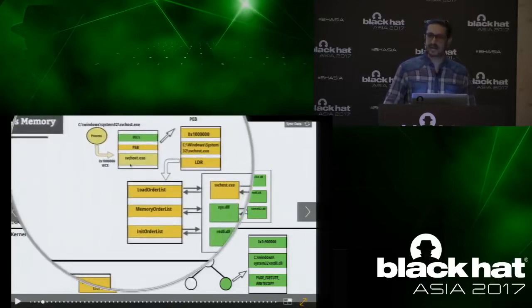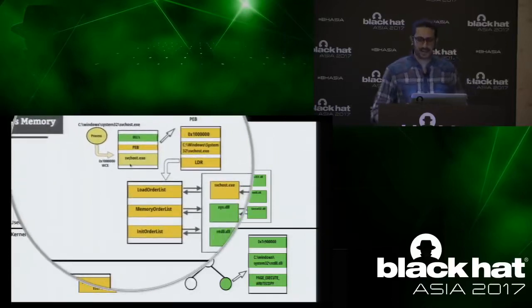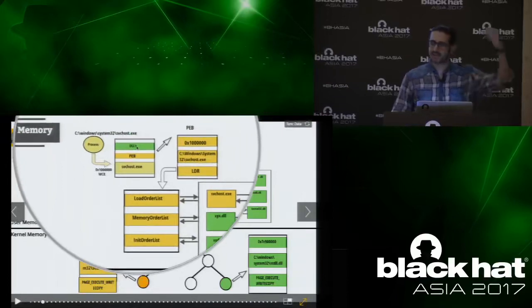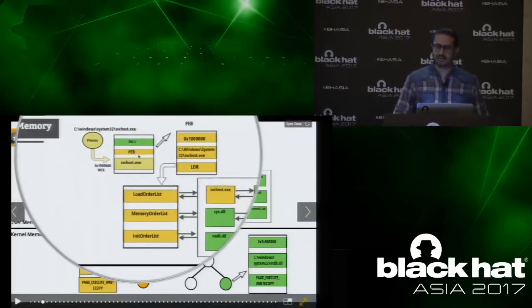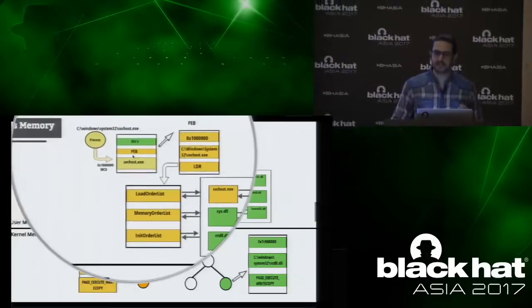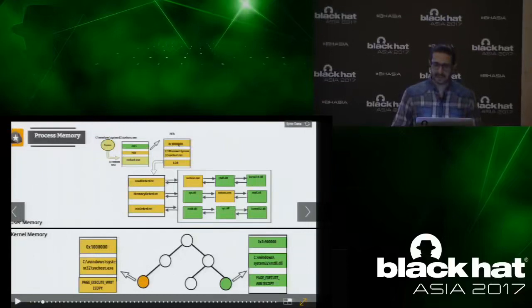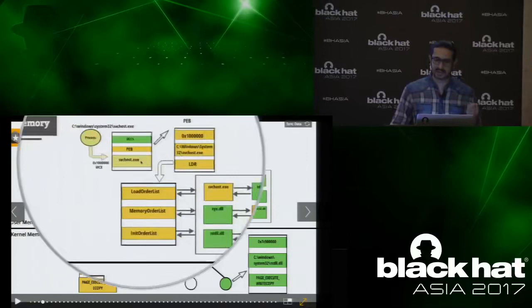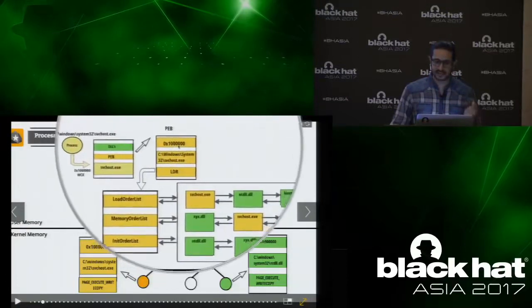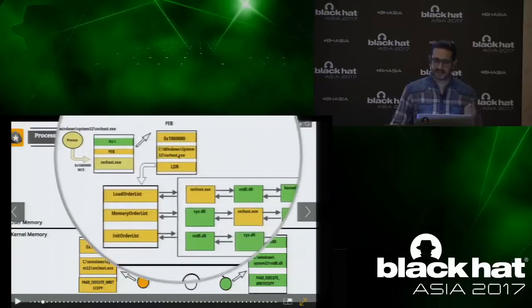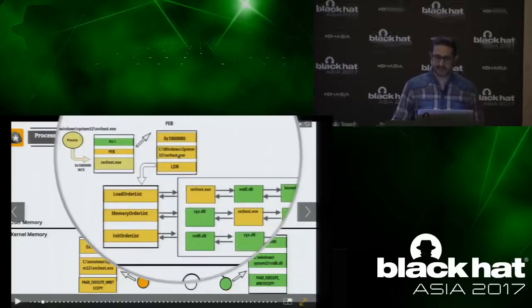Apart from the executable that is loaded, the DLLs associated with the executable are also loaded into memory, so the DLLs also reside in the process memory. Another important structure that resides in the process memory is the PEB, the process environment block. This PEB contains metadata related to the modules and the executable. Here it shows that svchost.exe is loaded at this base address, and this is the full path to the executable on the disk.